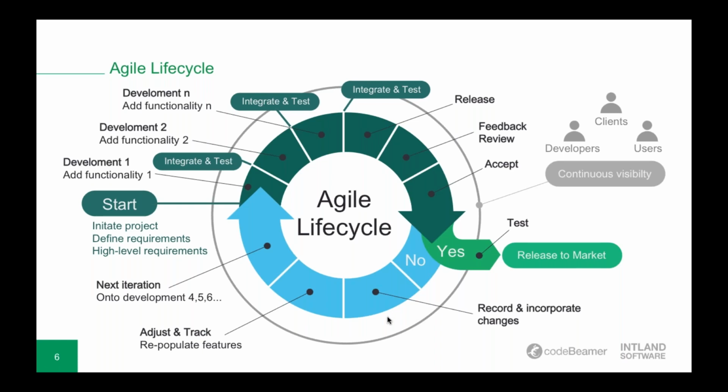And the pros of this is, of course, the continuous visibility across the different stakeholders, the developers, clients, and users. But also there's no real test phase here in Agile. So in these iterations, the iterations are shorter than in a traditional development model, and you have to test more in less time. So time here is key because there's actually just an iteration phase, and that has to include the testing as well.